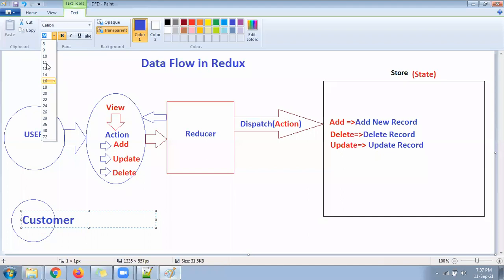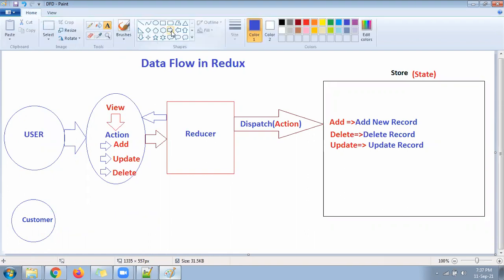There is one customer. Now this customer went to one shop. Customer will go to a shop. Like suppose myself, I will go to the big bazaar. So I am a customer. I went to the big bazaar. When I went to the big bazaar, there are a lot of products there. Up to my wish, what I want to buy, what I don't want to buy, I can buy and